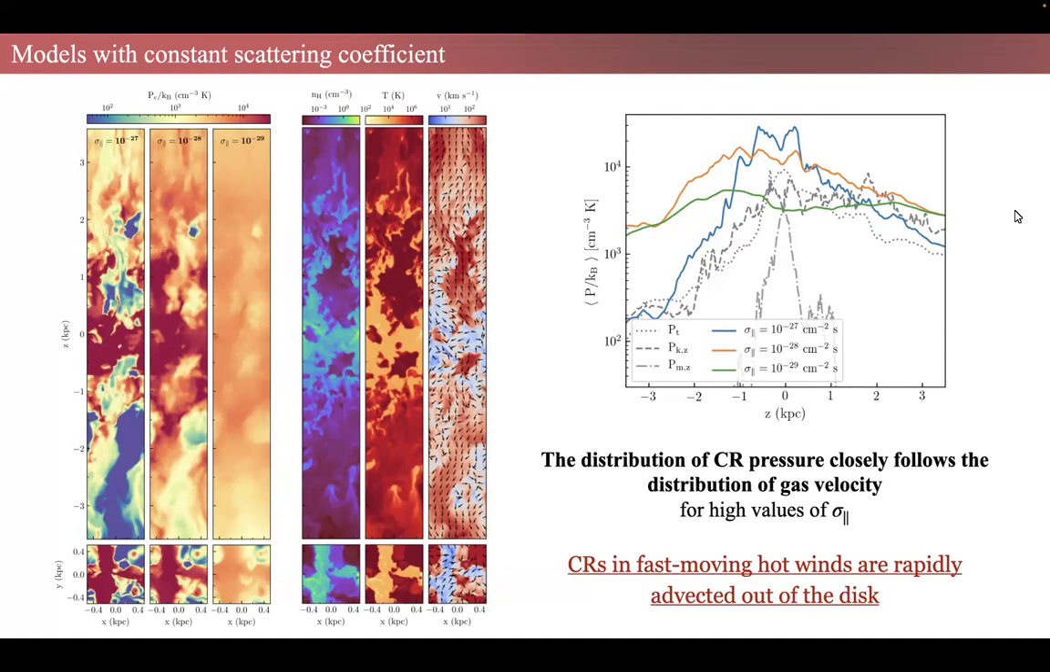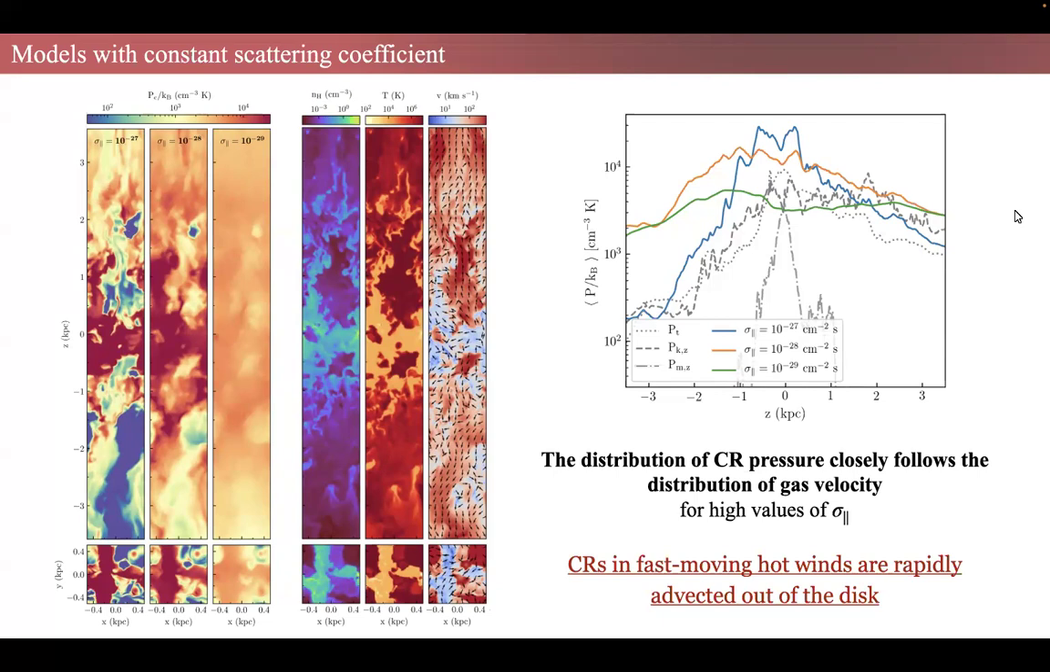Here, the 3 colored lines indicate the mean vertical profiles of cosmic ray pressure as predicted by the 3 different models. You can see that the profile predicted by the model with a low value of sigma, color-coded in green, is relatively flat, while the profile predicted by the model with a high value of the scattering coefficient peaks near the galactic plane and then decreases at